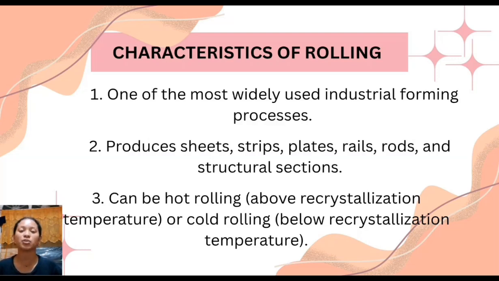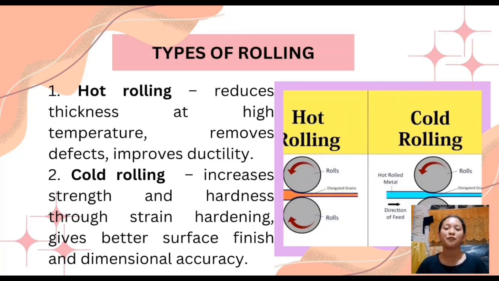Third, it can be hot rolling or cold rolling. Hot rolling is done above recrystallization temperature, making the metal soft and easy to shape. It is used for large products like plates and beams. In cold rolling, it is done below recrystallization temperature, which improves surface finish and strength, but it requires more force. It is common for thin sheets and strips. Now, types of rolling. First, we have